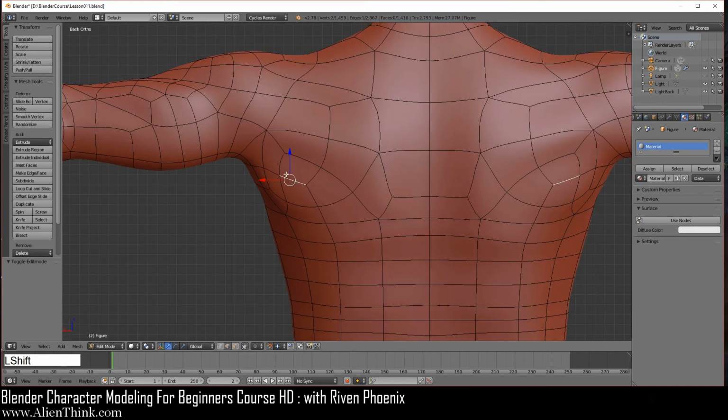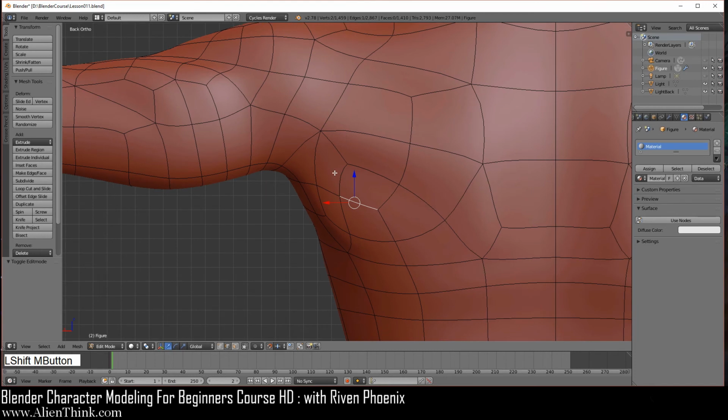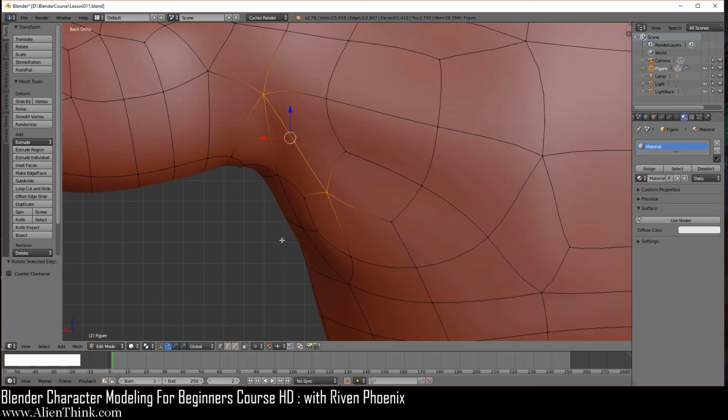Now we're going to do Shift middle mouse button and come over here for a second. We're going to now define this topology over here that we need so we can get the correct skin folds for the underneath of the arms when the arm bends. So what we're going to do is click on this edge, do Control A 1 2, click on this edge, do Control A 1 2, click on the vertex select mode, click on this vertex, Shift key down this one